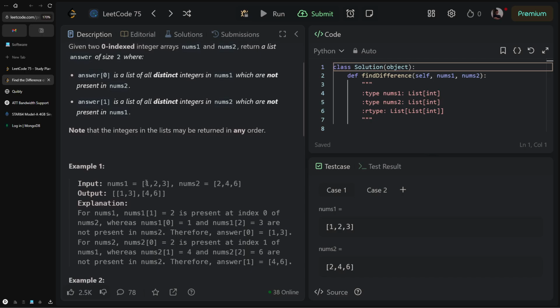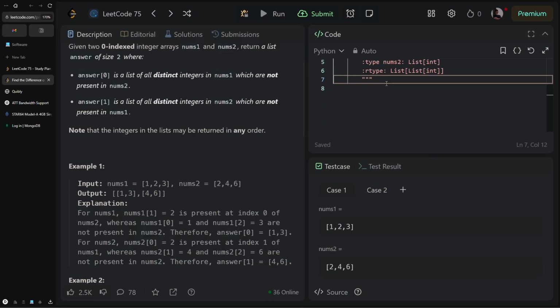Okay. So this is one. Is this not just turning both of these... I mean, it's everything that's distinct in here. So it would be like, if I made a set of both of these. Oh no. I mean, the absolute most brute force way of doing this is just saying